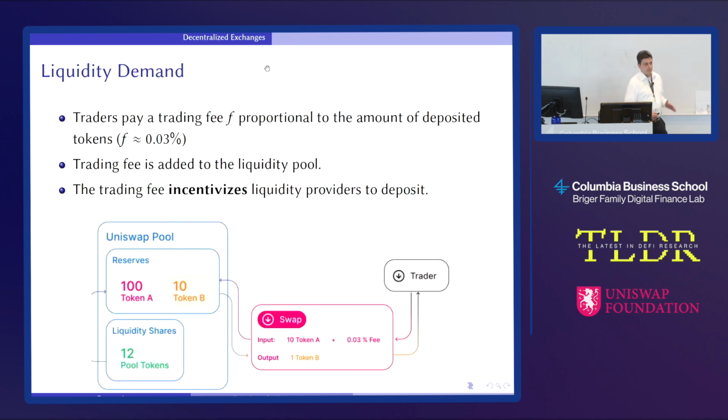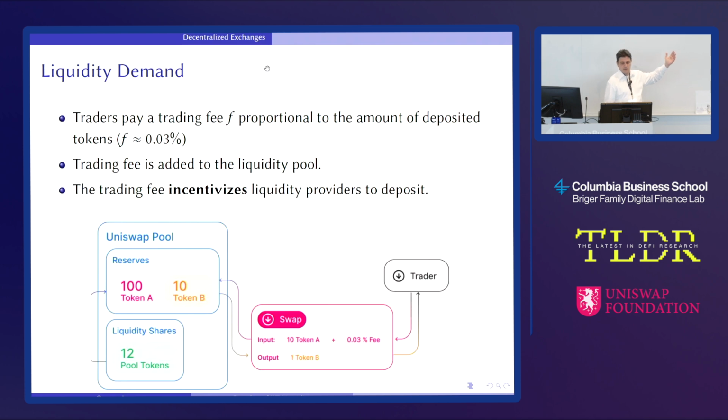Now, then there is the demand side of liquidity, which are investors or traders who swap tokens, and they pay a fee which is proportional to the amount of tokens that they are swapping. For example, if a trader wants to exchange token A for token B because they need token B, then they will pay a fee which is proportional to the amount of token A that they are swapping in. And this fee is basically used to generate revenue for the liquidity provider, because this fee amounts to having additional token A in the pool.